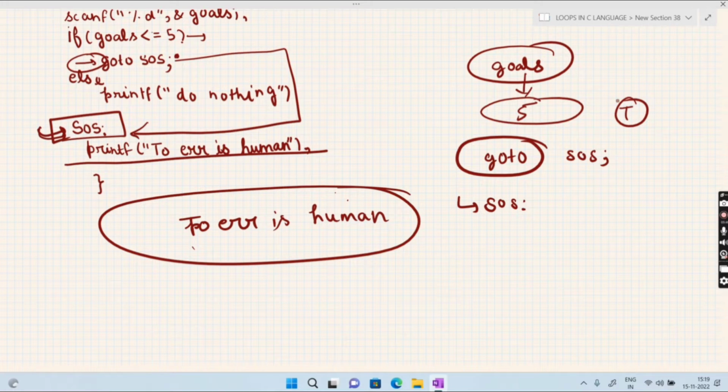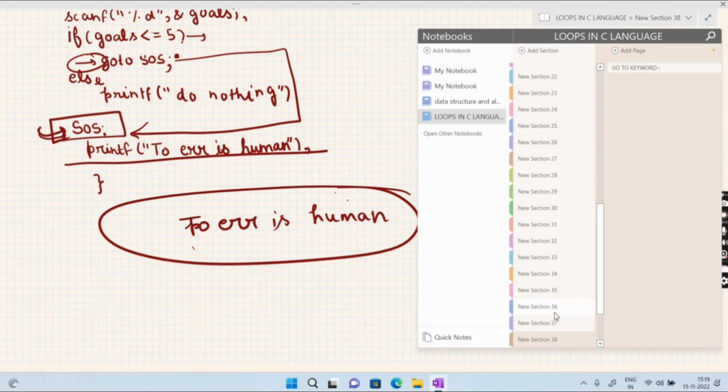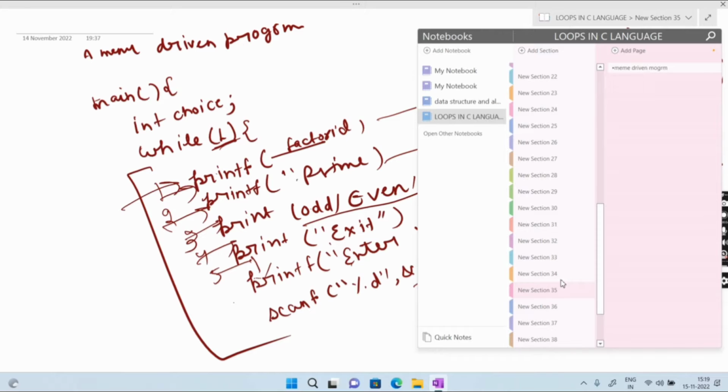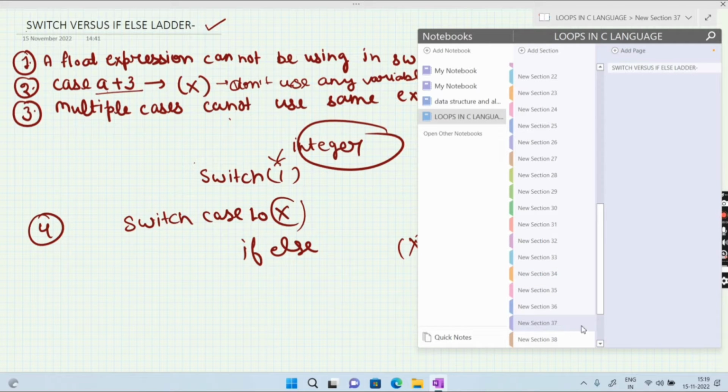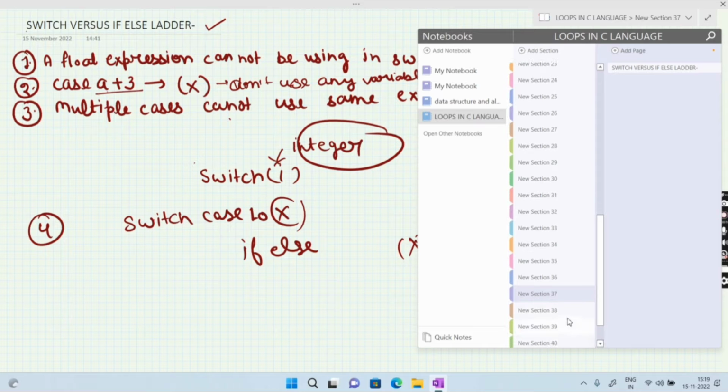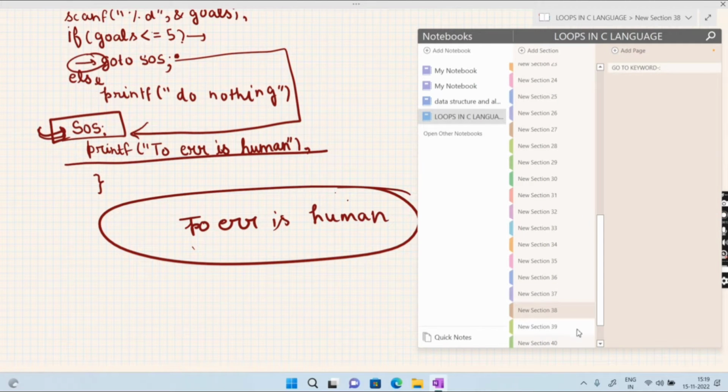So we understand it. Now we have to understand one more program in which we are trying to learn the basic use of switch case and how to declare its syntax, and the basic points we are trying to cover. So let's understand it.